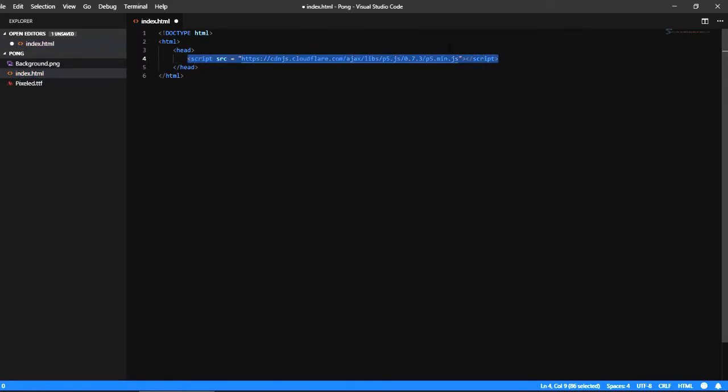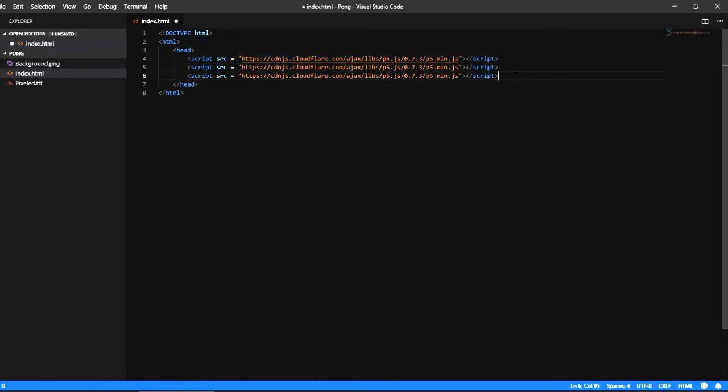I'm just going to copy this and paste it in twice more. So instead of this, it's going to be addons/p5.dom.min.js, and here you're going to put addons/p5.sound.min.js, and then